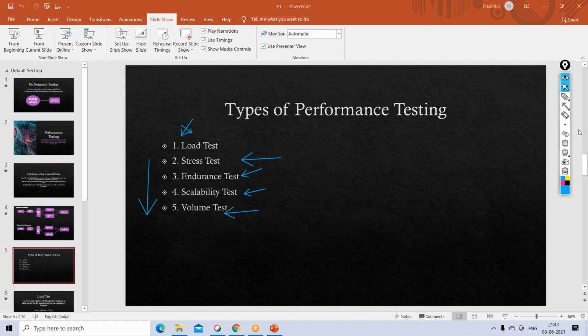Is that fine, or will the client suggest to us? Again, it depends on the client. Some clients have some technical knowledge. When they have technical knowledge, they will directly come to us and ask whether we can test this application for load or endurance or scalability.